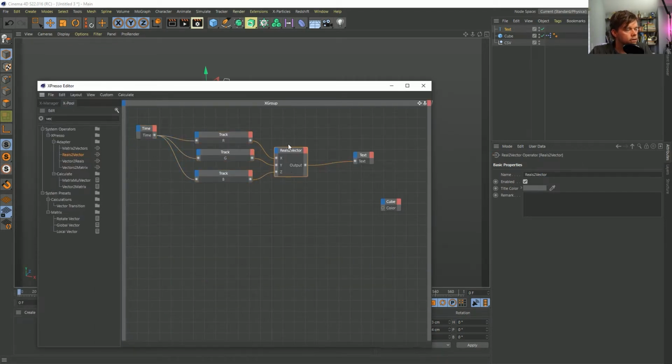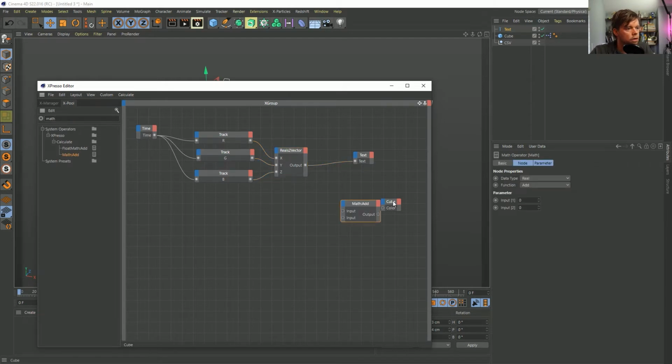So just do a little bit of math here. You cannot divide a vector, but you can multiply a vector. So here's my thought. Let's go ahead and search for math. I'm going to drag in a math node. So what do we want to do? Well, we want to multiply our vector by some number. And let's make sure that this math node is a vector. So this is doing vector math now. I want to multiply this by some number. Well, what number do we want to multiply it by to make this go from 0 to 255 instead of